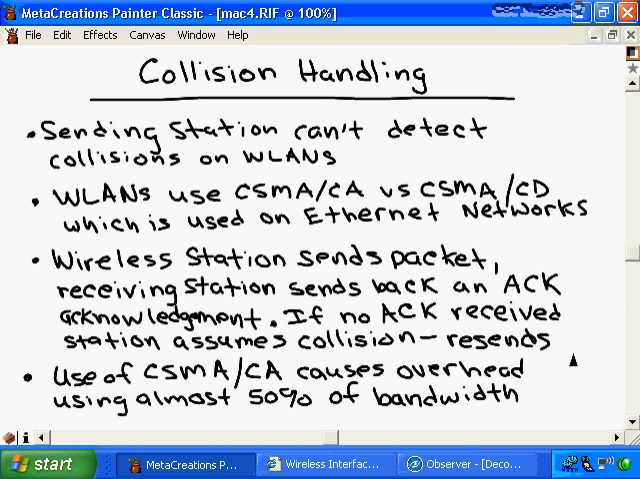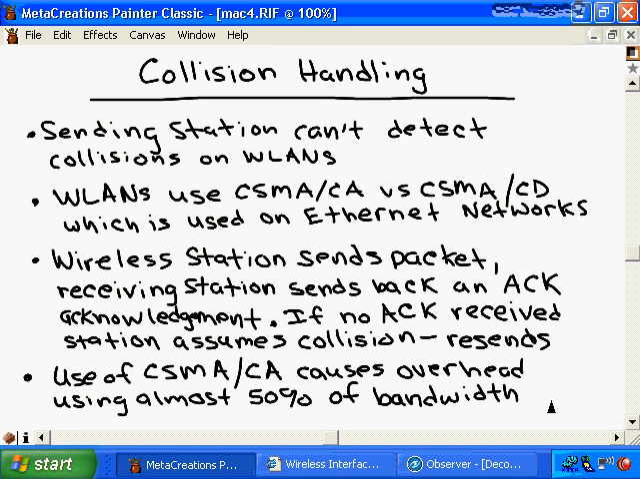So for example, if your wireless LAN is using 802.11b devices, which have a maximum data rate of 11 megabits per second, the highest maximum actual throughput will be about 5.5 megabits per second because of this overhead that is caused by using CSMA CA. Now, something else that can be done to help reduce the likelihood of the frames colliding is to